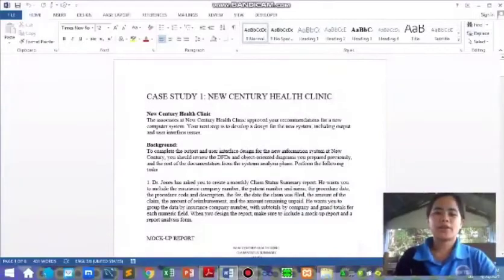Our next topic is all about case studies discussion. There will be exactly 3 case studies with different output and user interface design. For the first case study, it is all about a computer system that has been approved by the New Century Health